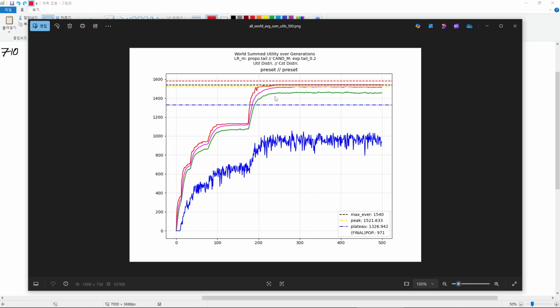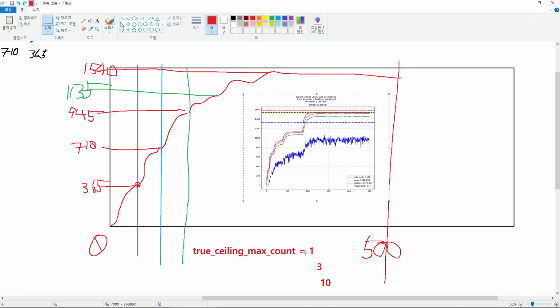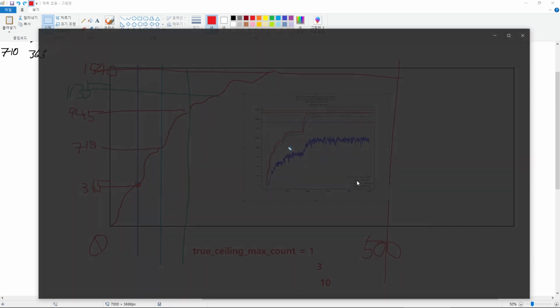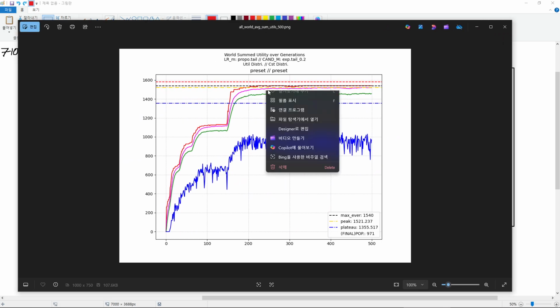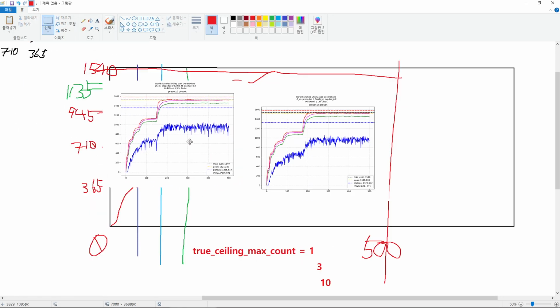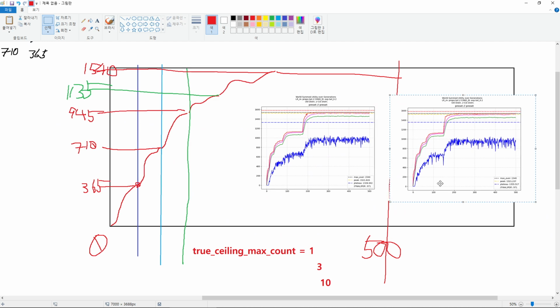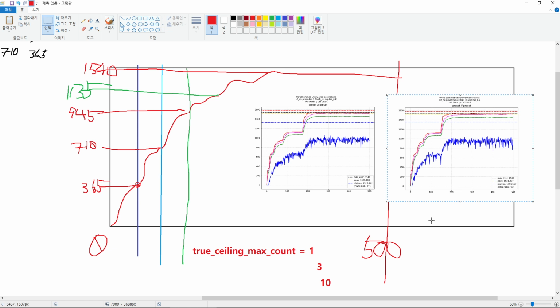When the true ceiling max count was set to 1. And I did the same thing again, just to see if this was an anomaly, and yeah, it really wasn't, because this is very similar, and we still have the true ceilings. And in the second run of the same setting,